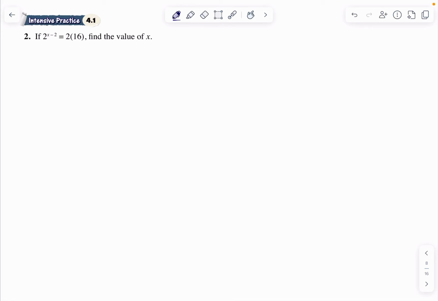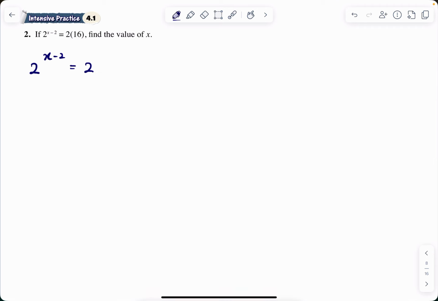Intensive practice 4.1 question 2. If this equals to this, find the value of x. Right. So what we can see here is this is base 2, this is base 2. This one we can change it to base 2. So you can say 2x minus 2 is 2 times